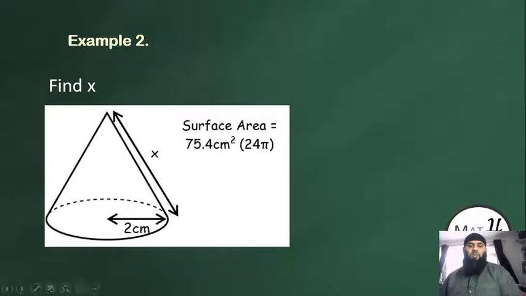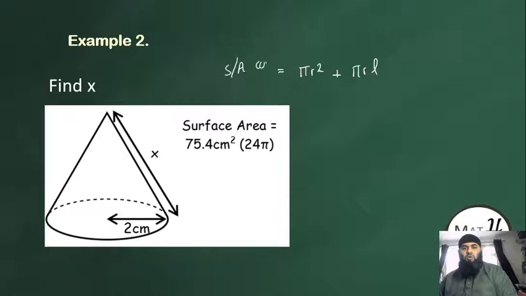Find x. Okay, this time we're given the surface area and we need to find x, so we're going to do the reverse. Again, we write down the equation first so you don't get confused. This is the equation for the surface area of a cone. Now we can just substitute